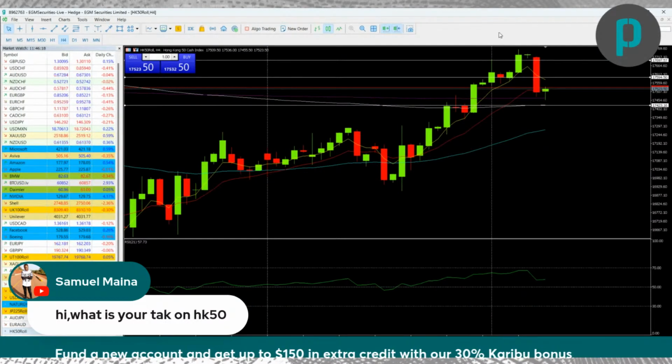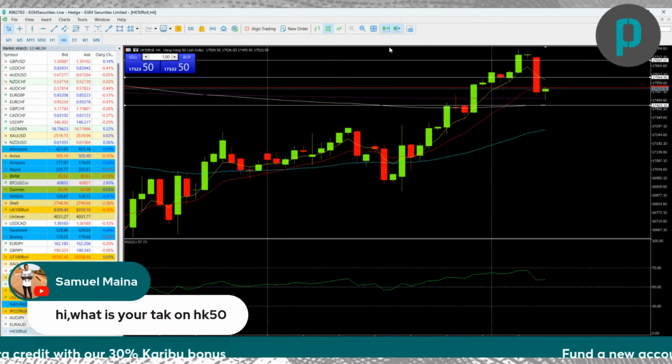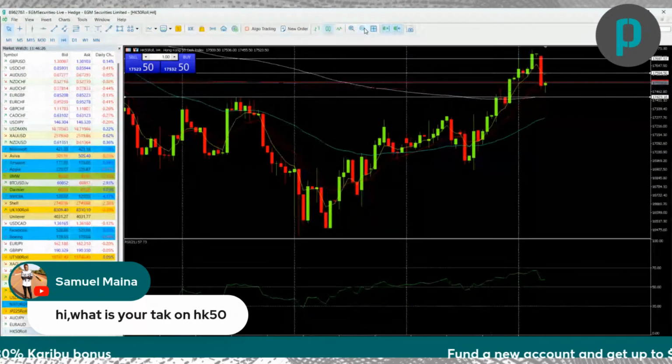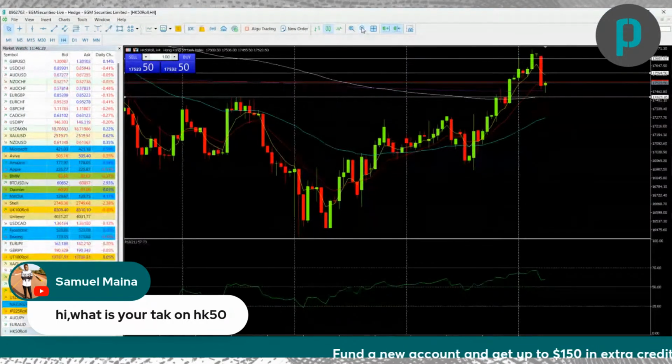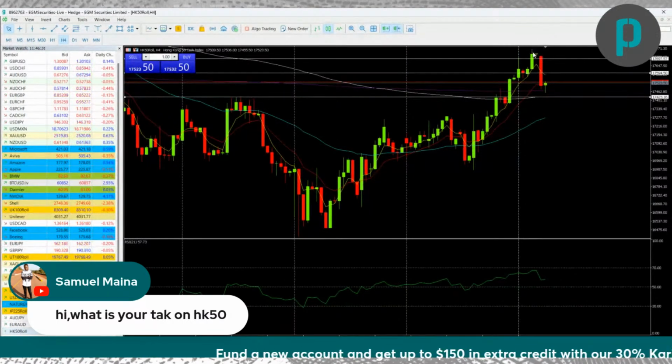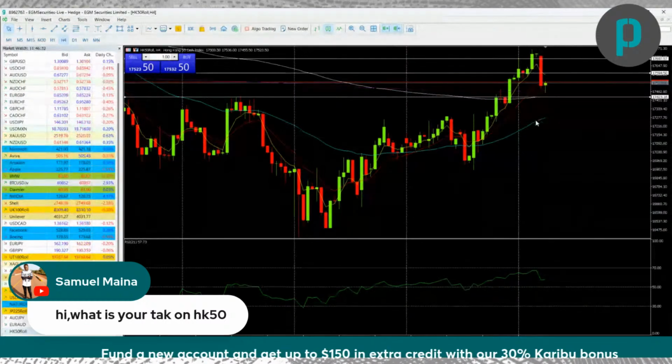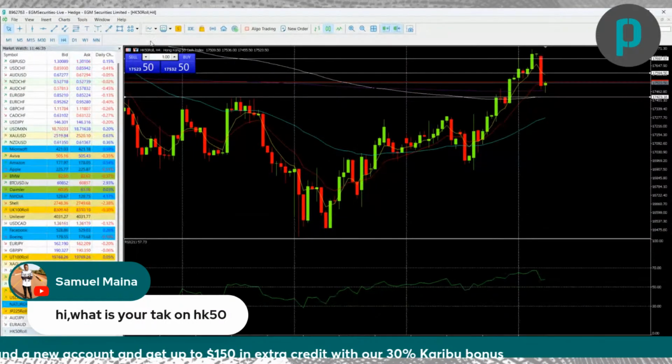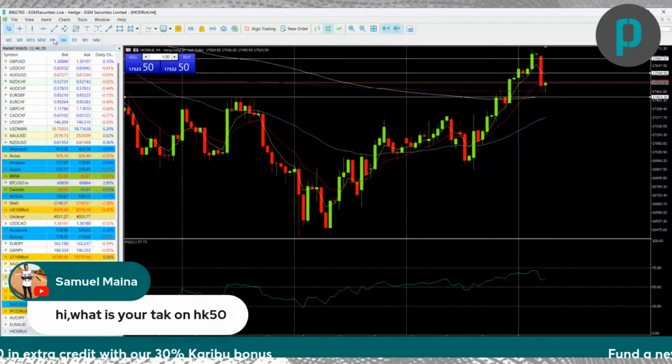Ideally, if you look at this, this is an evening star, right? This is an evening star. So we are really bearish on HK50 technically, right? Technically, we are bearish. However, we should probably see a push down and then a push up. So if I were to look for opportunities on this particular index,